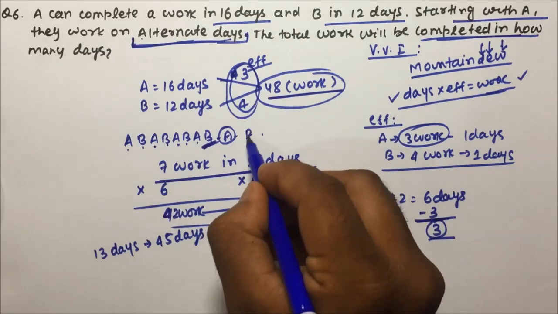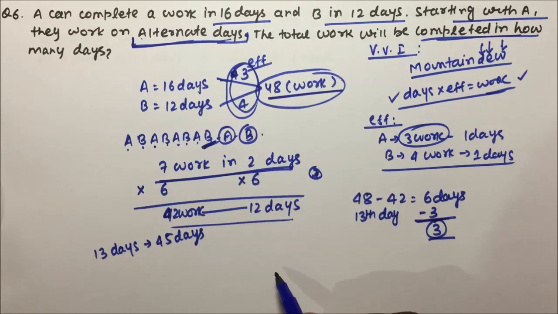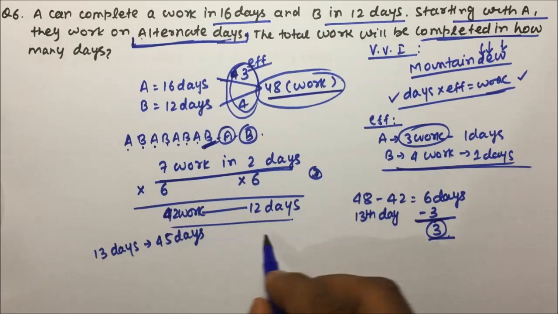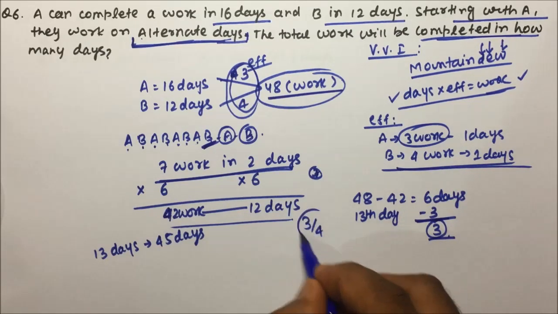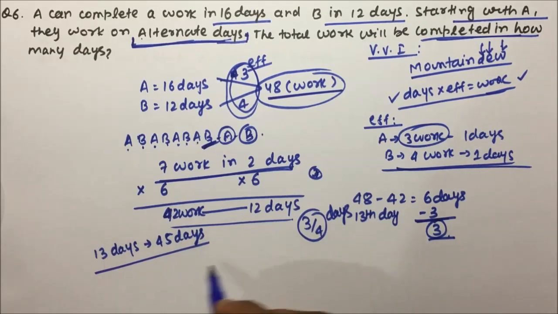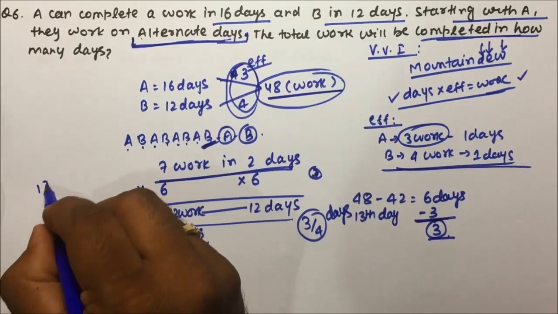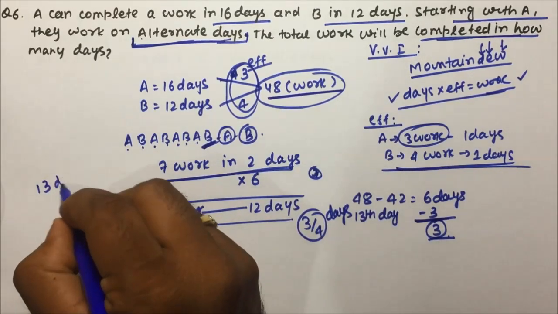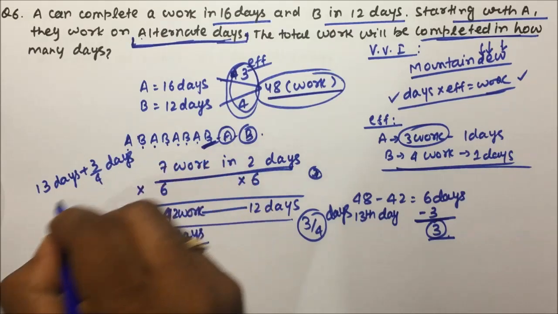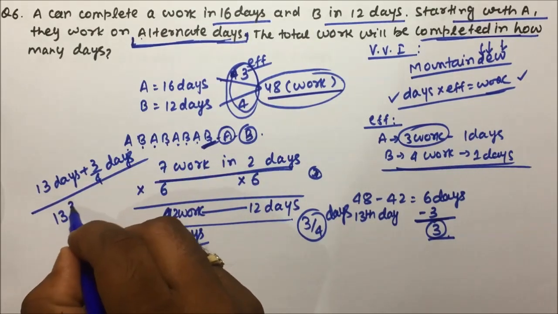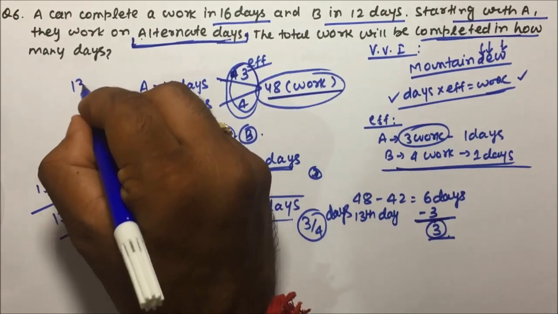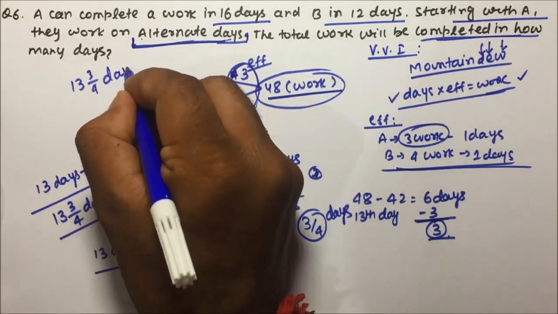So after A, who will work? B will work. B is able to complete 4 work in a day. So for completing 3 work, B will be taking 3 by 4 of the days. So total time they took to complete the 48 work is nothing but 13 days plus 3 by 4 days, and this also can be written as 13 3 by 4 days. So the answer for this question will be 13 3 by 4 days, and this is a very important question,